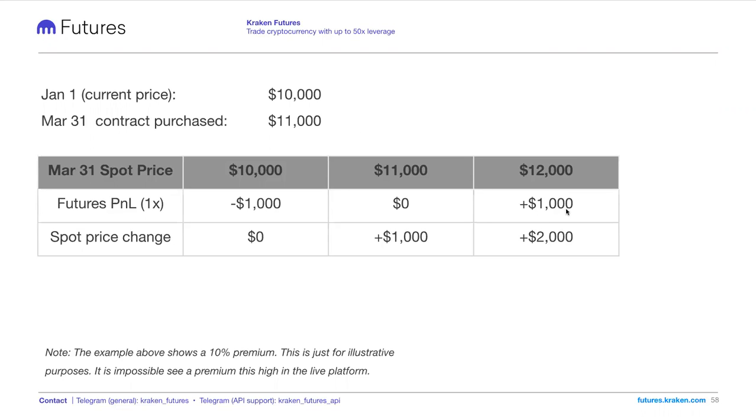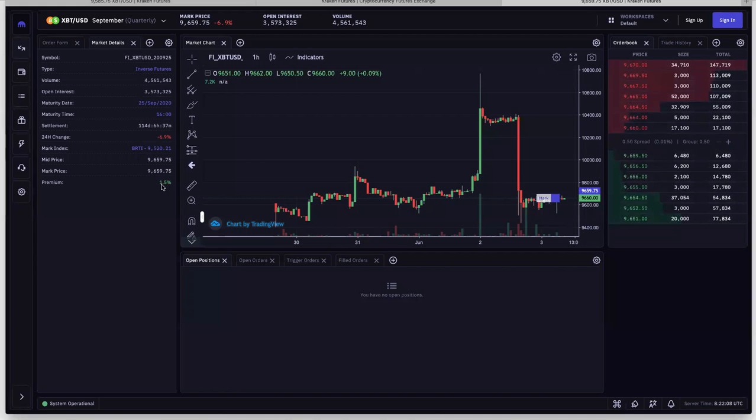So when I first started learning this, I would always ask myself, why would you ever trade the fixed maturity contract? The reason people do it tends to be two things. One is it's very, very predictable. Again, this example is not realistic, so let's look at the real world example here. You know that over the course of the next 114 days, it essentially costs you 1.5% in premium to go long right now if you hold it all the way to expiry.